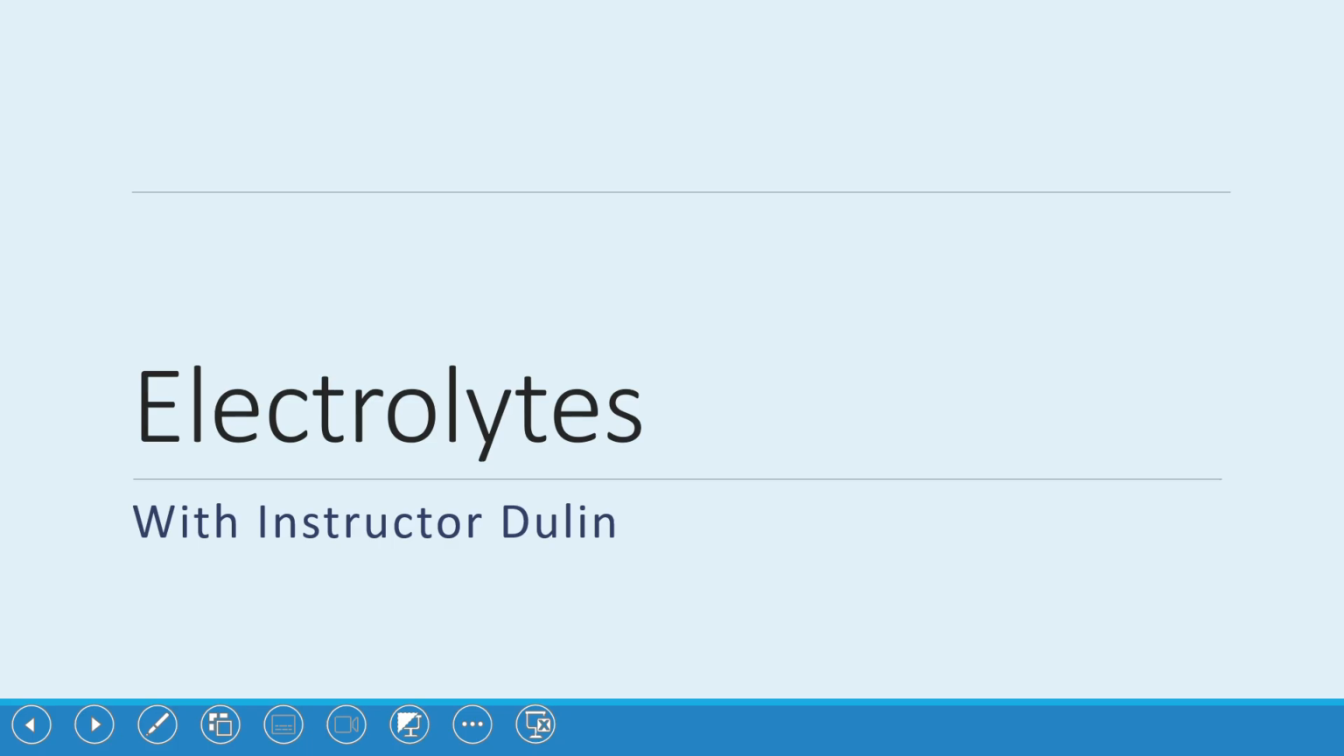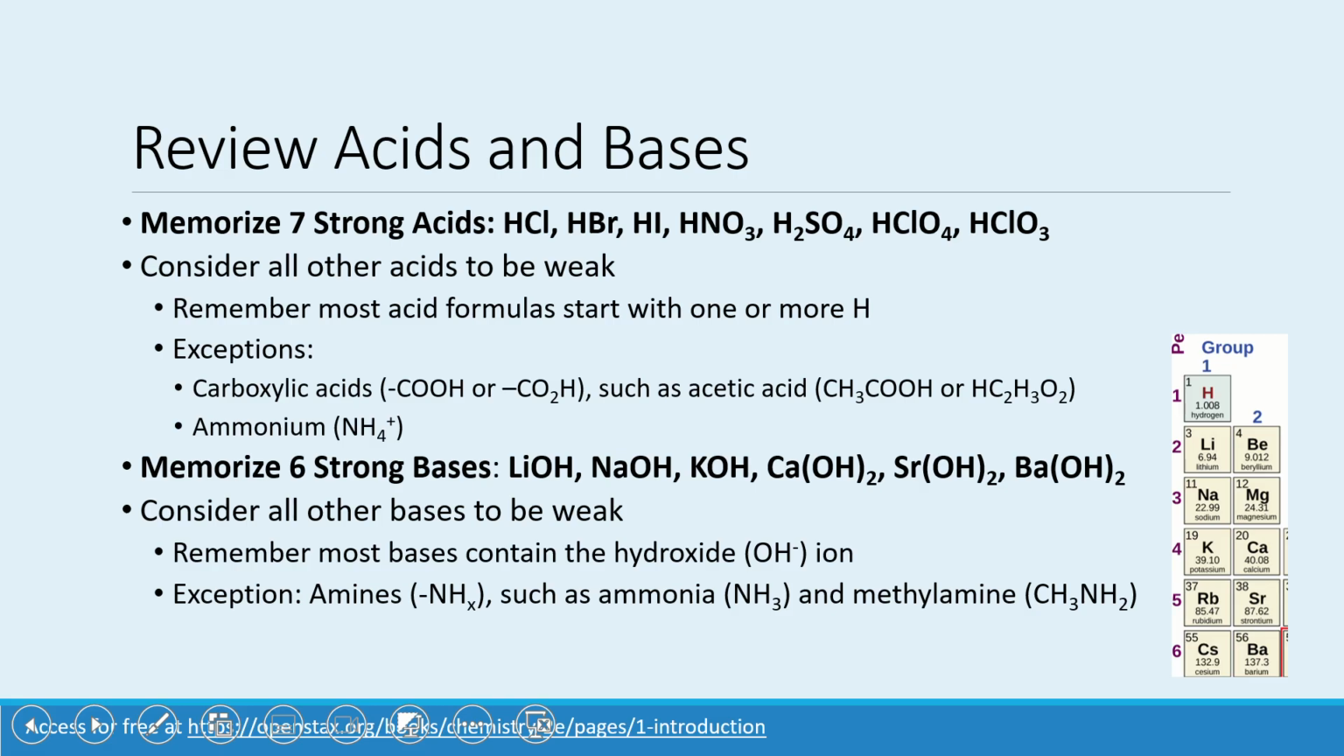So we're going to now jump into a topic on electrolytes. In order to do this, you'll probably want to go back and review your acids and bases from Gen Chem 1, review how to name them, right? Whether you include that hydro prefix for your acids and what the different types of endings are. You've got the IC ending